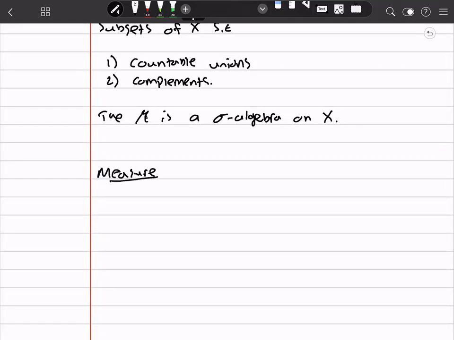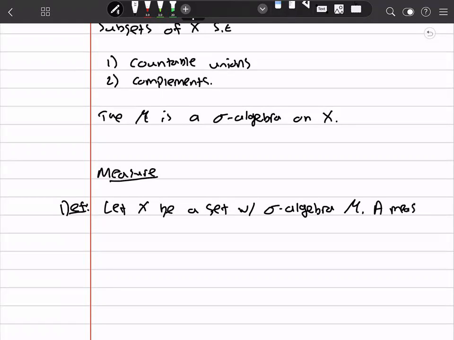And a measure, so we have a definition: let X be a set with sigma algebra M. A measure on M